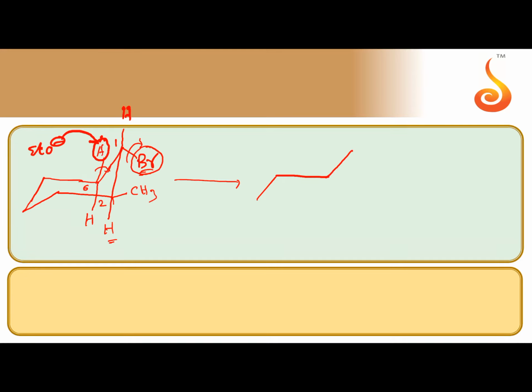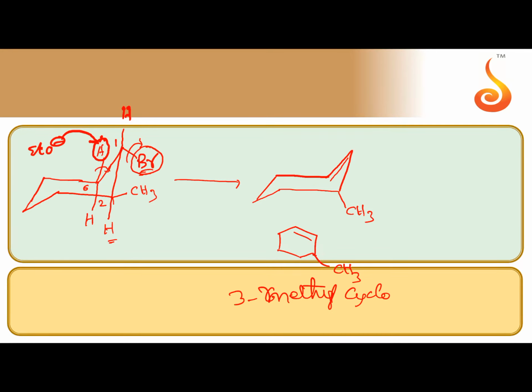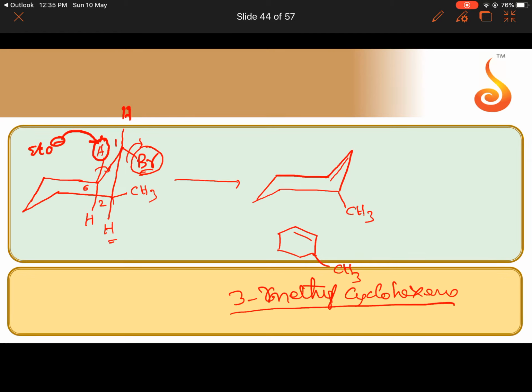We can get the Hofmann product, with the double bond between these two carbons. So now 3-methyl cyclohexene is the product. So even though this is the Hofmann product, this is formed as the major product, since the hydrogen from the right side beta carbon is not in the opposite direction, so the elimination leads to Hofmann elimination.